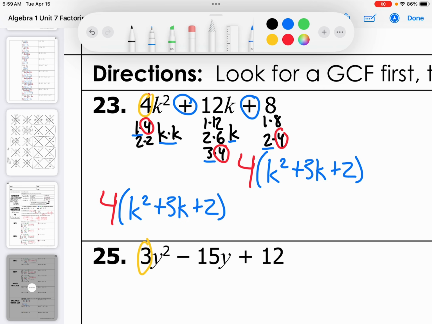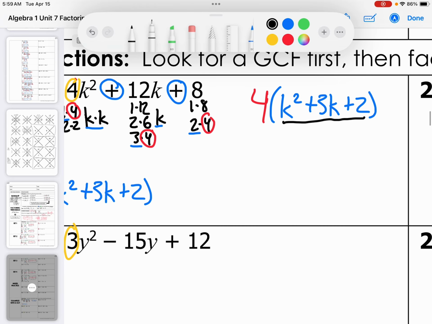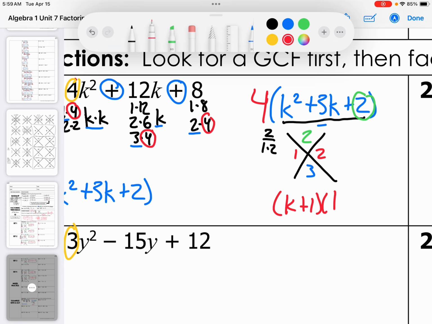Then once I've taken out that greatest common factor, I'm going to need to factor what's left over. So what's in the parentheses, after I take out that 4, I'm going to need to factor that part. So I set up this x with the 2 on top and the 3 on the bottom. Find the numbers that multiply to 2 and add to 3. The only numbers that multiply to 2 are 1 times 2, so those are going to be my numbers here, 1 and 2. That gives me the factors k plus 1 and k plus 2,